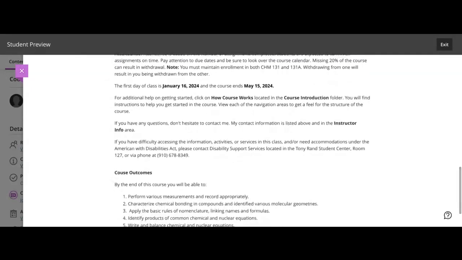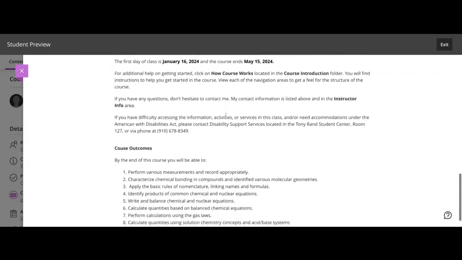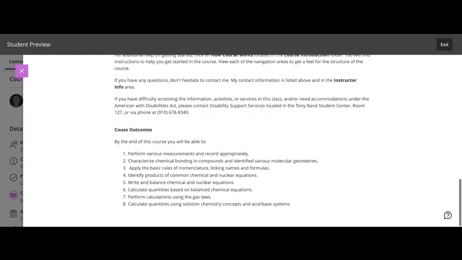If you need more information, please use the How Course Works tab listed, and I'll show you where that is in the course introduction folder. And if you have any questions, my contact information is listed in the instructor info folder. If you are having difficulty accessing the information, or if you need accommodations, please contact Disability Support Services.